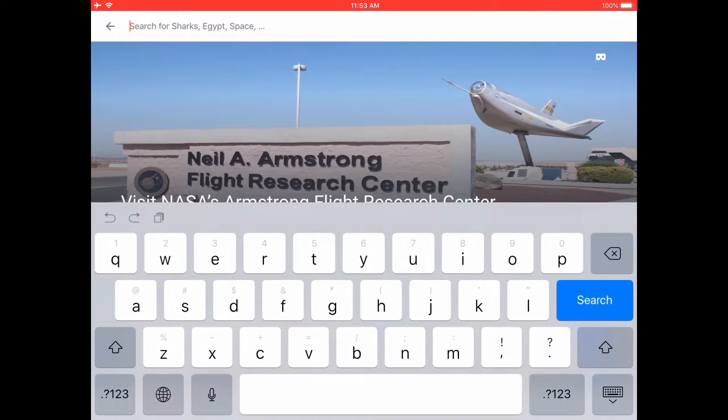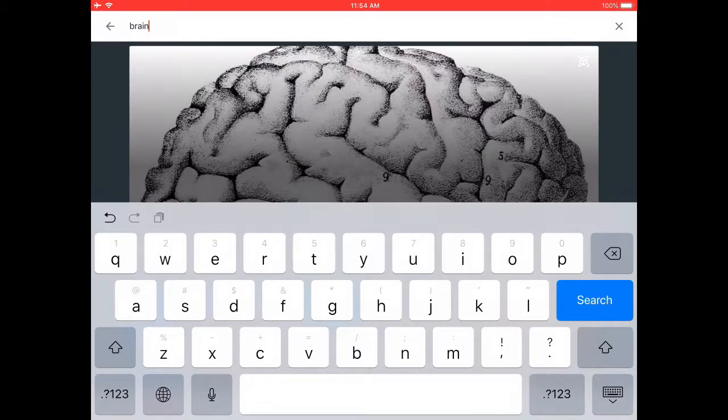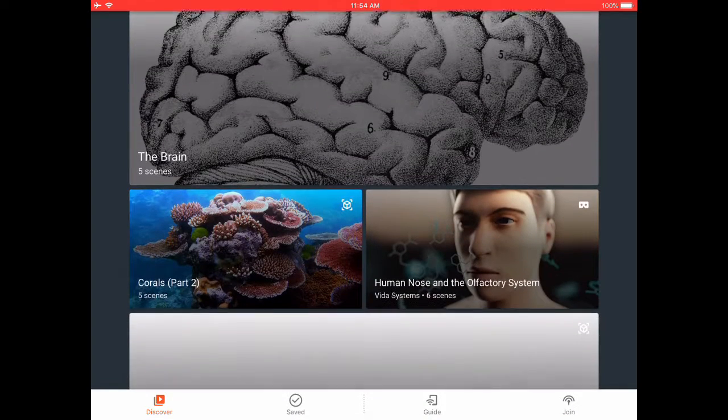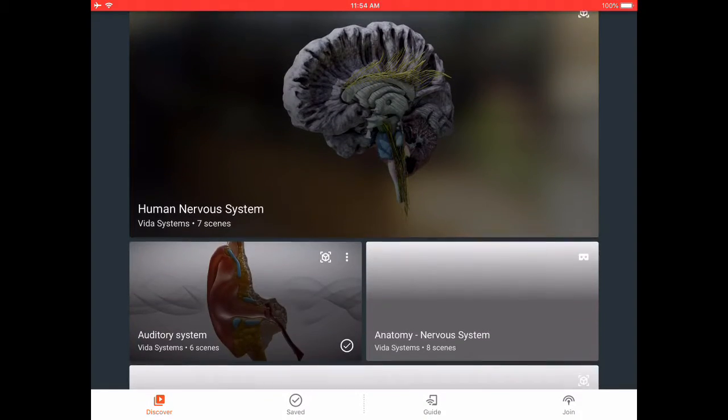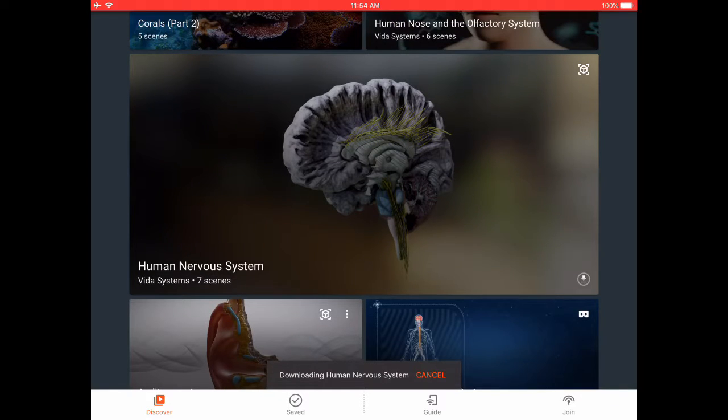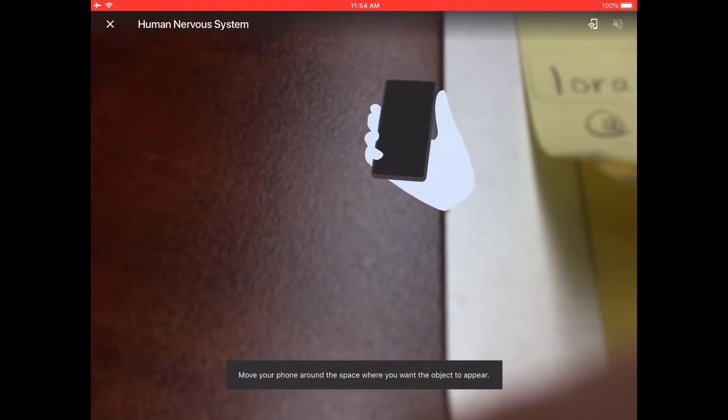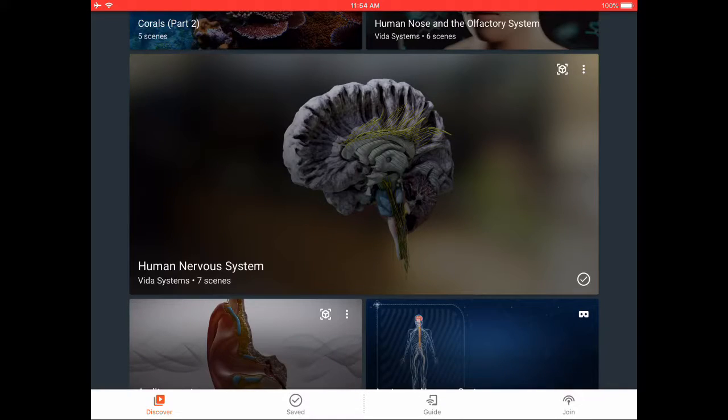One way to search is by going into the little white bar at the top and typing in the topic that you'd like to search for. In this case, we're going to select brain, and you can see here that it loads any images that have anything to do with the brain. And so if you look in the top right hand corner here, there's a little circle with 4 arrows around the outside. That means it's an AR expedition, or augmented reality, and it's probably not the one we're looking for